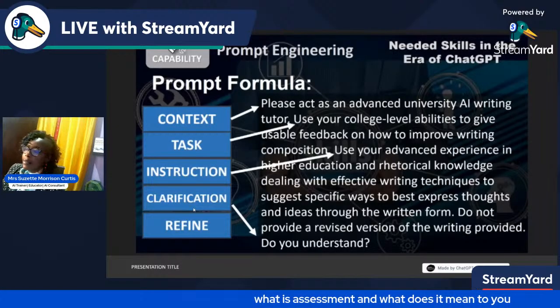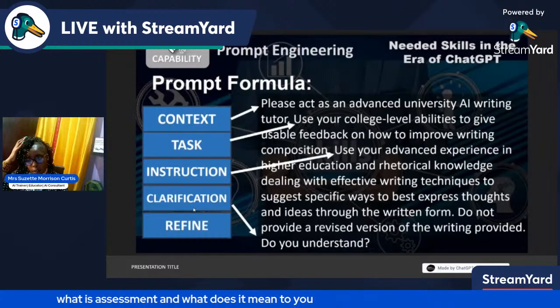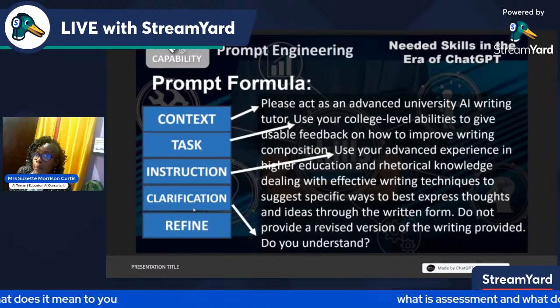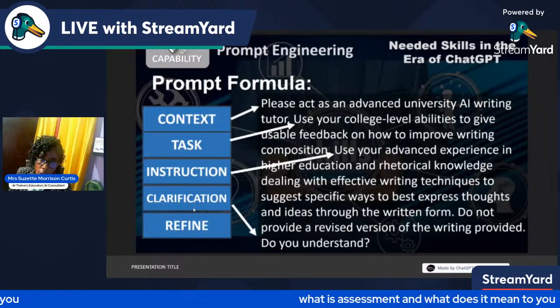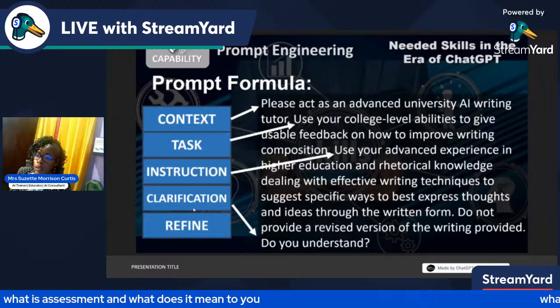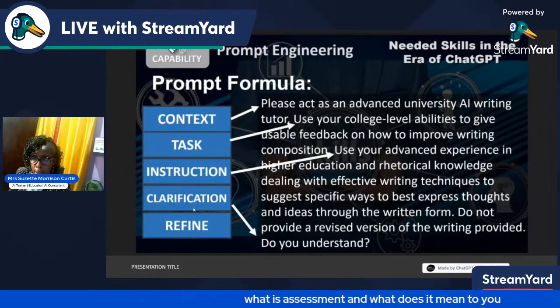Now, all of this, somebody may look at it and say, why must I learn all of this now? I'm in a classroom and there's so much work. Prompting is not everybody's cup of tea. You have to want to learn the process to be good at it. So take it in steps.